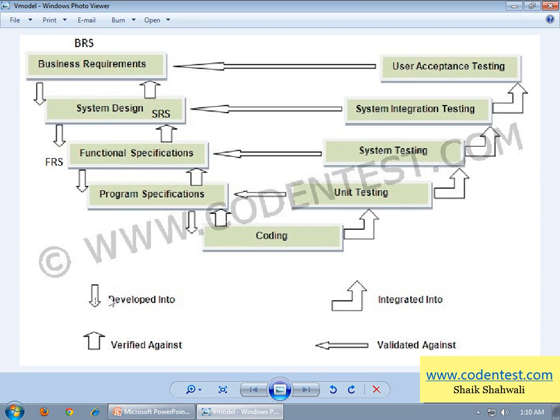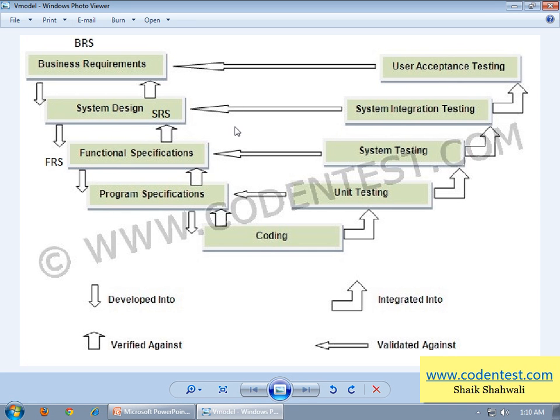This arrow means developed into, and this arrow pointing upwards is verified against. This shaped arrow means integrated into, and this arrow pointing to the left is validated against.